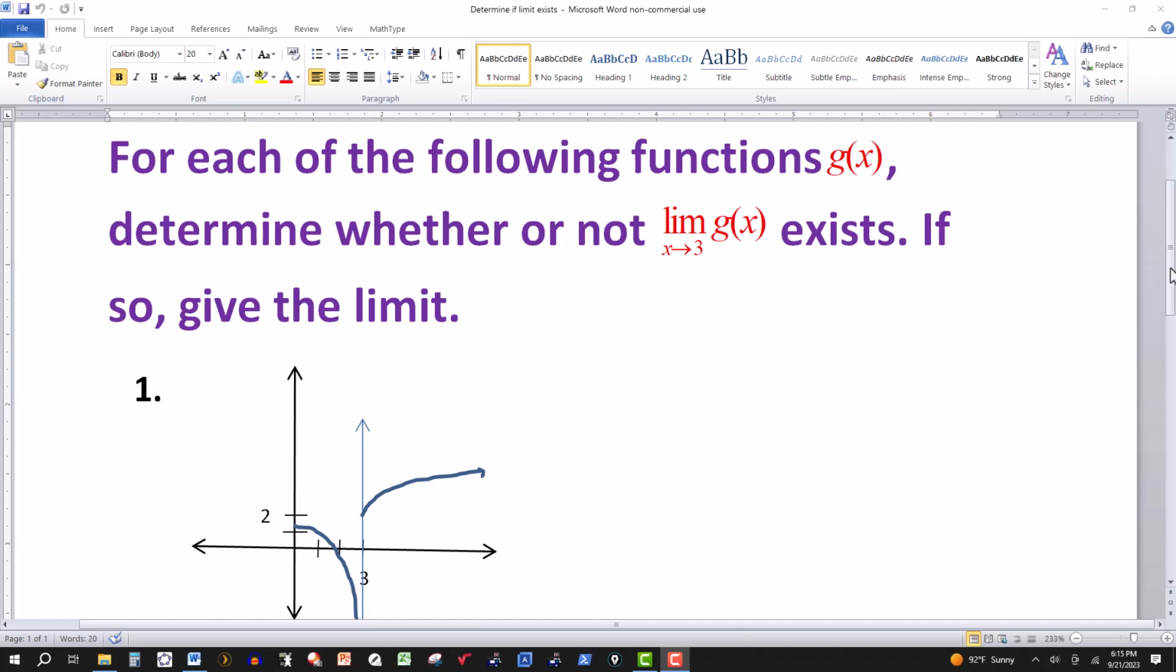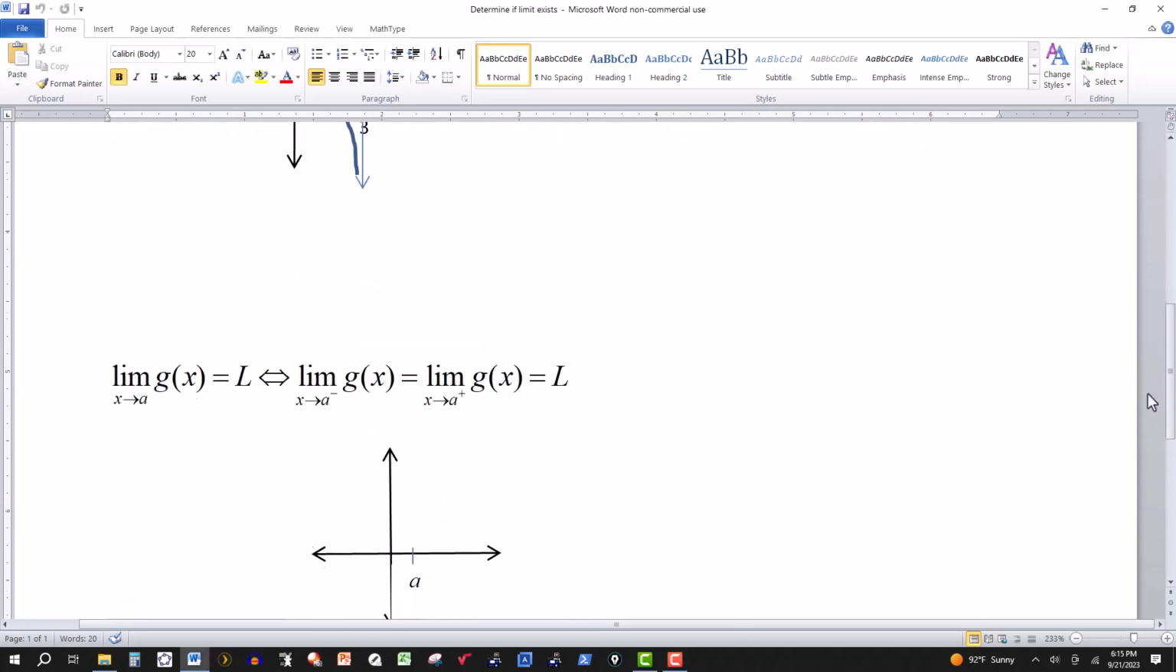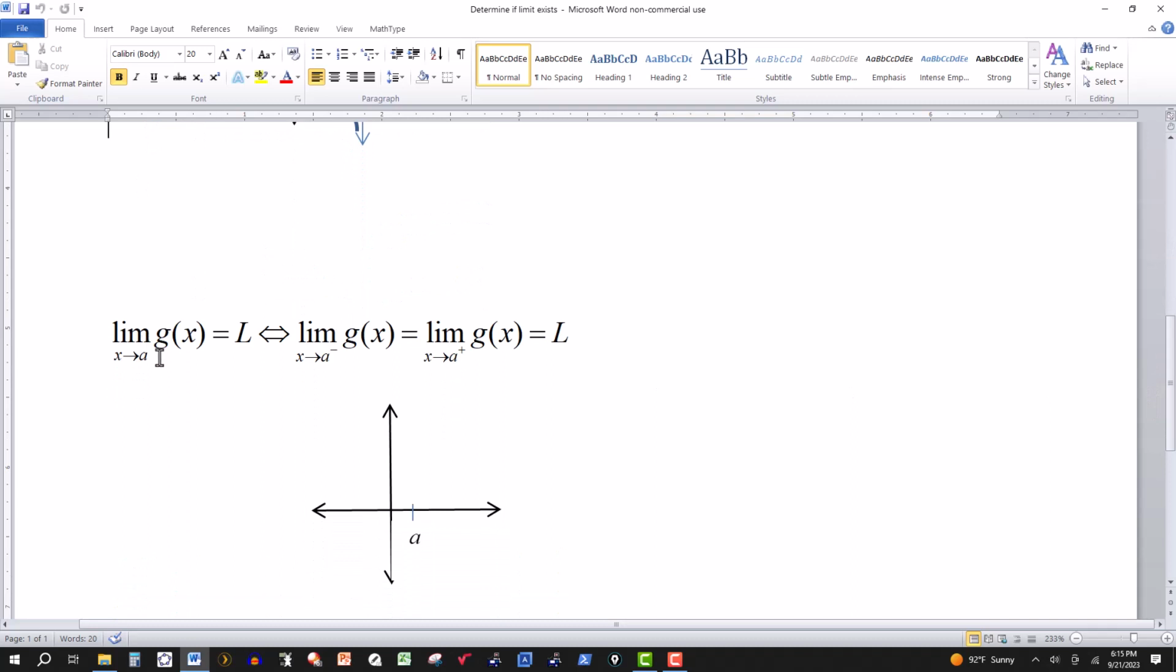Now before we get to the first one, let's look at this statement right here. The limit of g of x as x goes to a, we say equals some number L. That's the limit if and only if the left-hand limit and the right-hand limit are both equal and they're equal